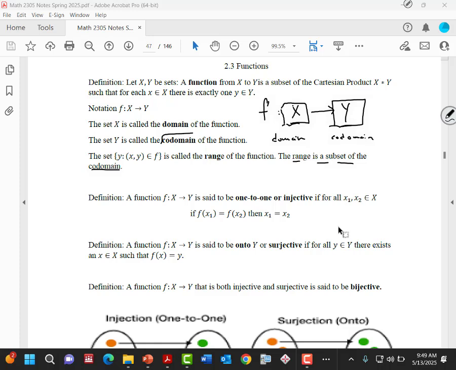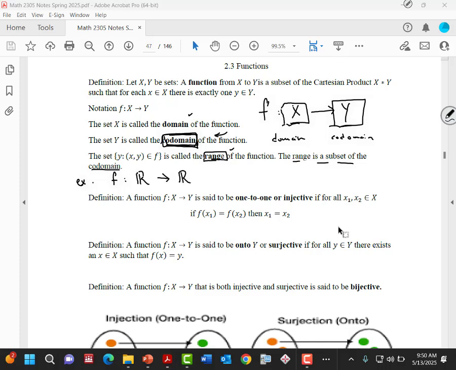Now, I'm sure for those of you who have had algebra before, you've probably seen this idea of domain and range before, but this idea of codomain might be a little bit new to you. Let me just introduce a very quick example to show you the difference between what I'm talking about when I say codomain and range. So let's say I have a function f